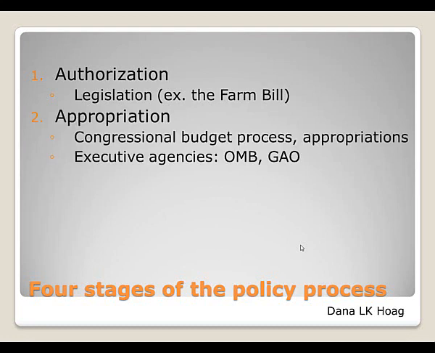The second one is that the law has to be appropriated. The Congressional Budget process has to allocate money to it, or state agencies or something, because passing a law is not enough. You have to be able to fund it to be able to do what it needs to do. For example, if you pass a law that people couldn't spit on the sidewalk, and you had no budget to stop anybody from doing it, then probably nothing would happen.